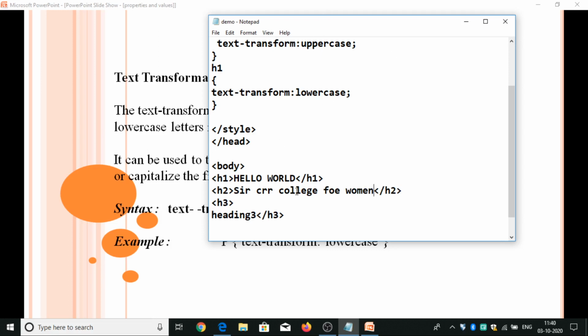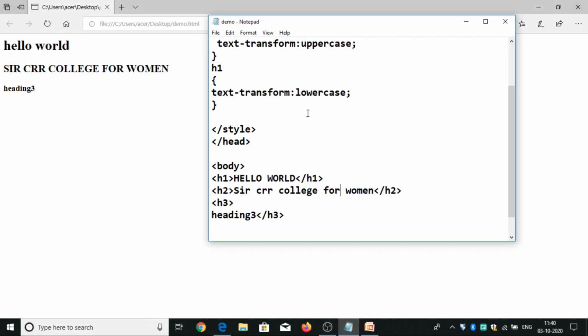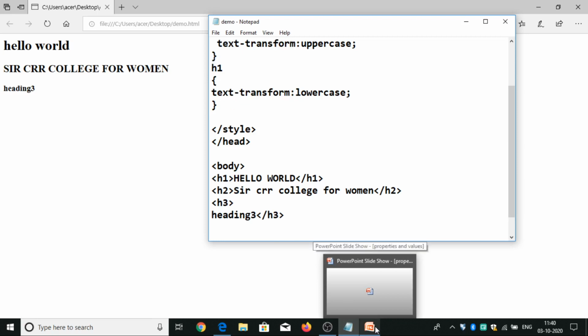That means the Sierra College for Women should appear in uppercase. And for H1 I have taken lowercase. So this is the output of our program. H1 with lowercase, H2 with uppercase. I didn't specify H3. This is about text transformation.